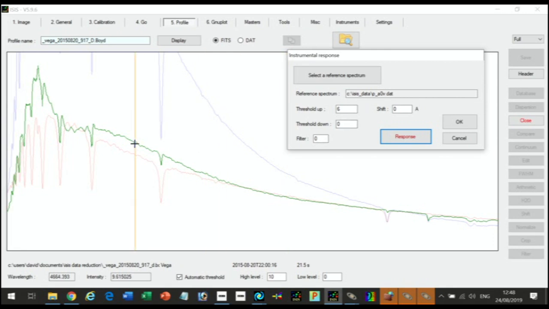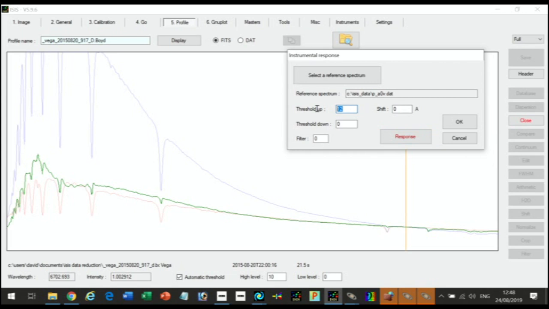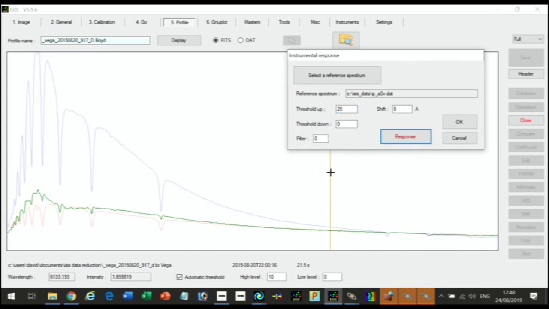The green is the raw spectrum we started with. The red one is the library one. The blue one, which has gone off scale, we could put on scale by increasing the up threshold if we wanted to. We don't actually need to do that, because when we hit the response button, what it does is